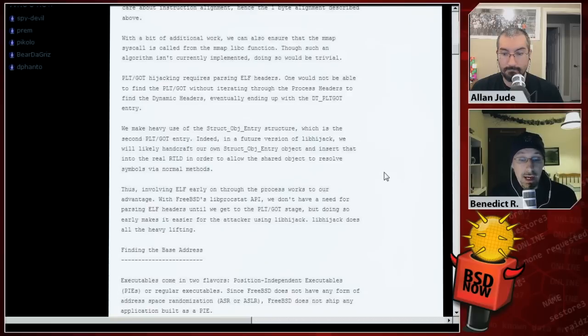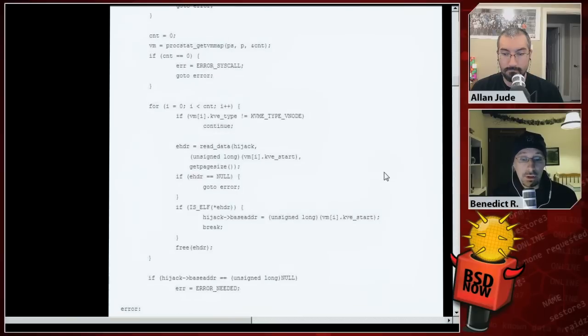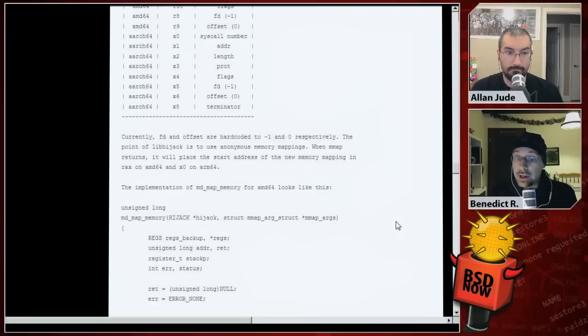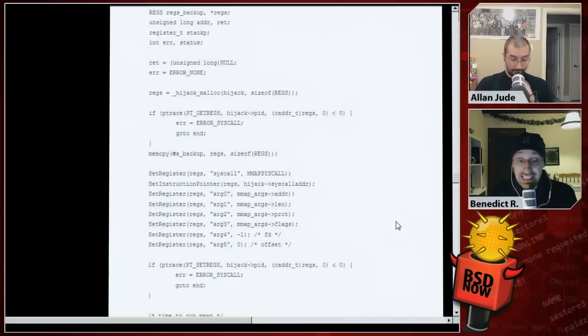And the future of Libhijack: after a couple of code examples, you can see how it's implemented and how it can be used. Writing devious code in assembly is cumbersome. Assembly doesn't scale well to multiple architectures. Instead, we would like to write our devious code in C, compiling to a shared object that gets injected anonymously. This requires writing a remote RTLD within Libhijack and is in progress. Writing a remote RTLD will take a while, as doing so is not an easy task.